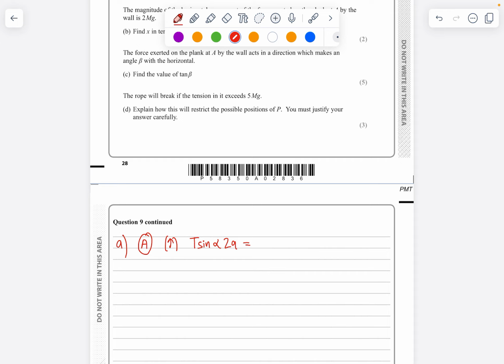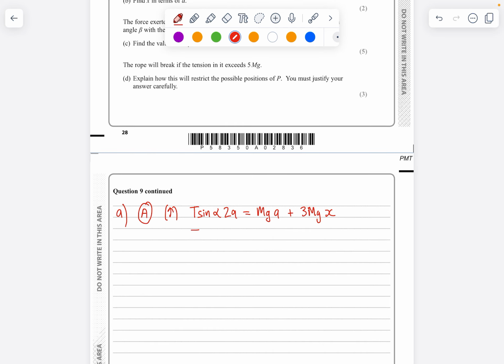Now what else have I got? I've got mg, the weight of the plank, and that's a from the pivot. I'm going to add to that my 3mg for the block, and that is x away from the pivot. Now I'm going to replace my sine alpha with the value that we found from our triangle,